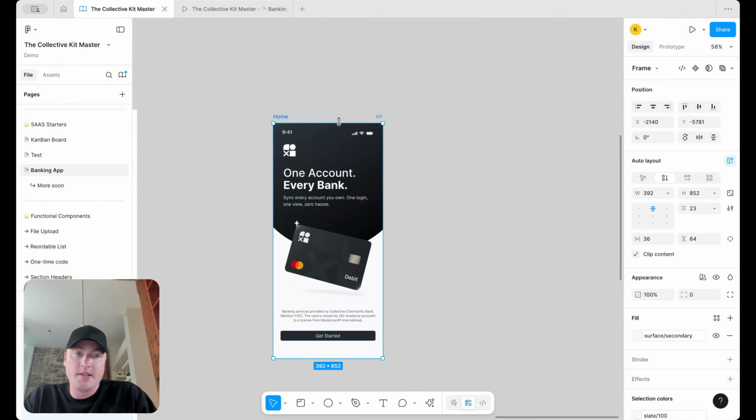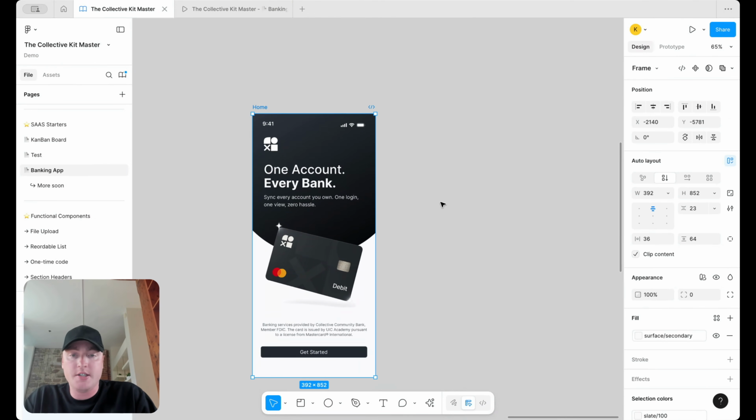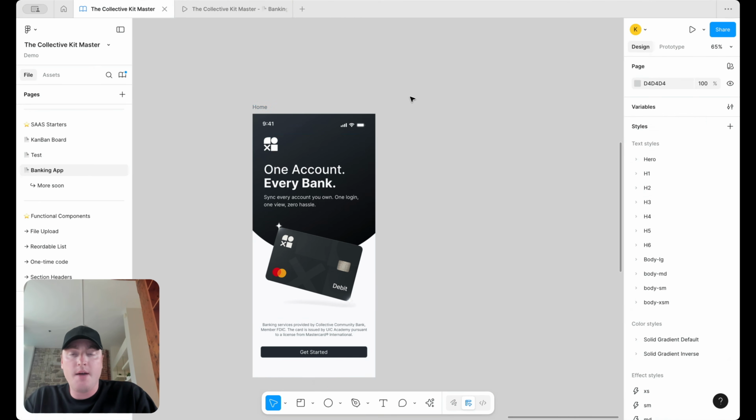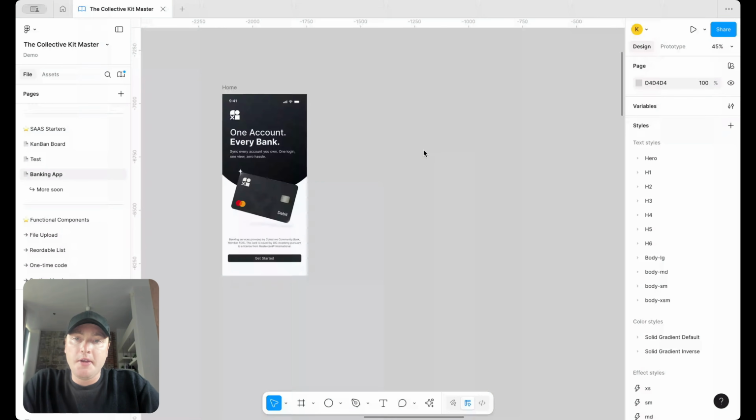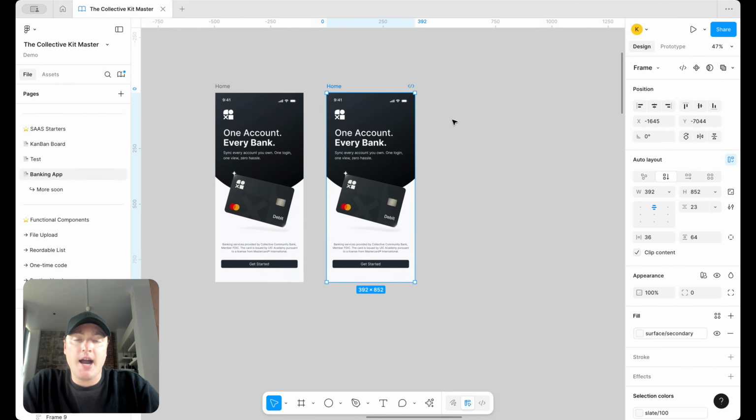Now, one thing I've just gone ahead and done as well is I added some auto layout here. So 36 and 64. Again, we might come back and adjust that a little bit later on. But just in terms of simplicity, I added some auto layouts to this page. Now, you can make the argument that this page as it is is a little harsh with the black background. So let's play around with another iteration that's a little bit less harsh and maybe a little bit more modern